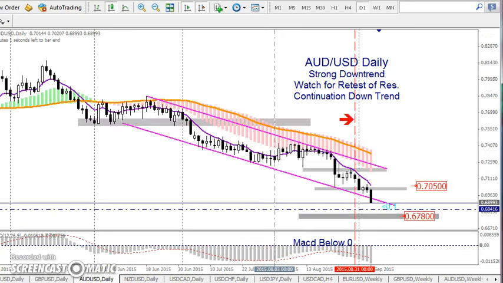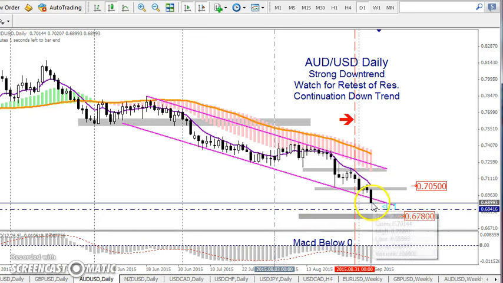Next one is the Australian USD. This one's pretty easy to look at. Here we're in a very normal type of long major downtrend. It's a strong downtrend. We have broken this downtrend channel. You can see the channel drawn by the pink upper line here and the pink lower trend line here. Price dropped down below, and I believe price is actually going to continue down all the way to the